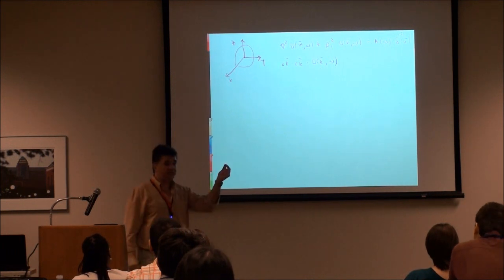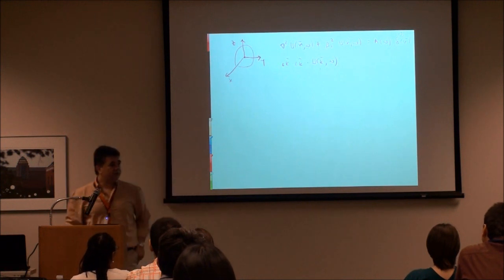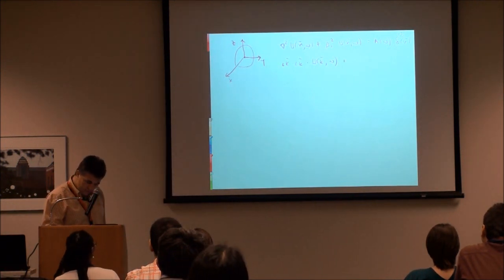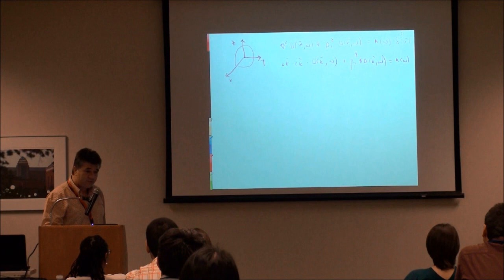Why? Because we're in free space. Going this direction or this direction or this direction doesn't make any difference. But let's keep it vector for now. Let's assume we don't know. Beta naught squared of u times u of k and omega equals A of omega times the Fourier transform of delta